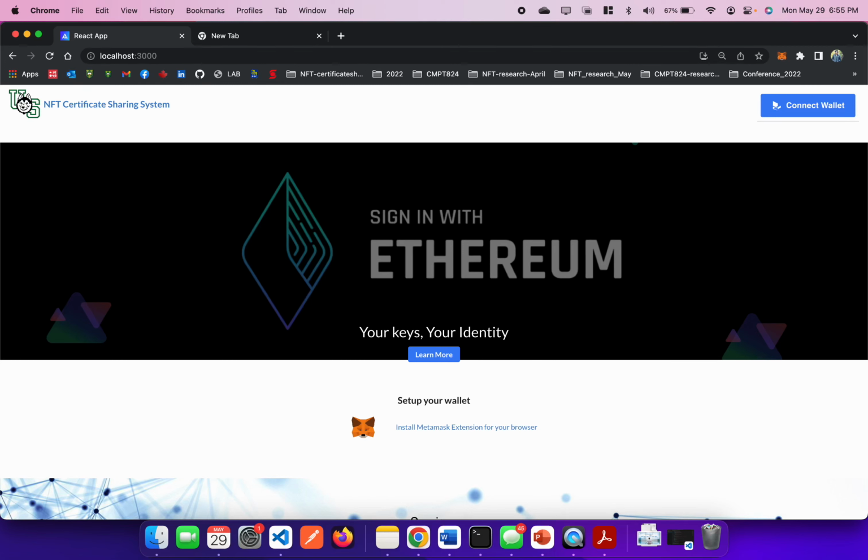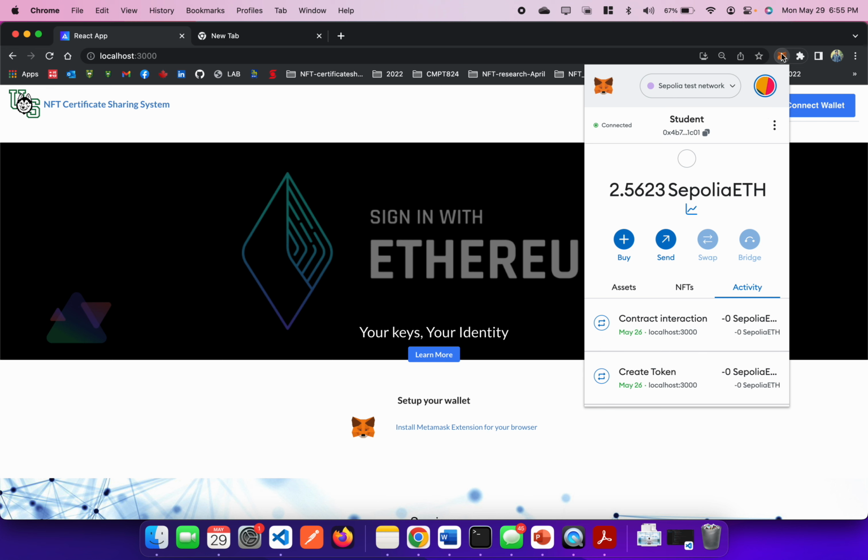Before we dive into the demonstration of our NFT-based certificate sharing system, let's take a moment to understand the importance of MetaMask, a digital wallet that connects your web browser to the Ethereum blockchain. MetaMask serves as a secure bridge between your web browser and the Ethereum blockchain. It allows users to securely manage their Ethereum accounts, such as here,